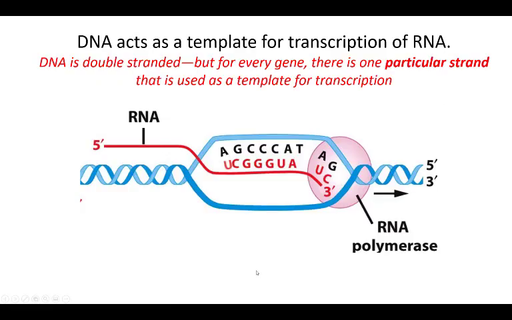So DNA is double-stranded, and the information to make RNA comes from the double-stranded DNA. This right here is called a transcription bubble. DNA will open up and you have 2 strands of DNA. And really importantly, for a particular gene, only one of those strands is ever used as the template to make